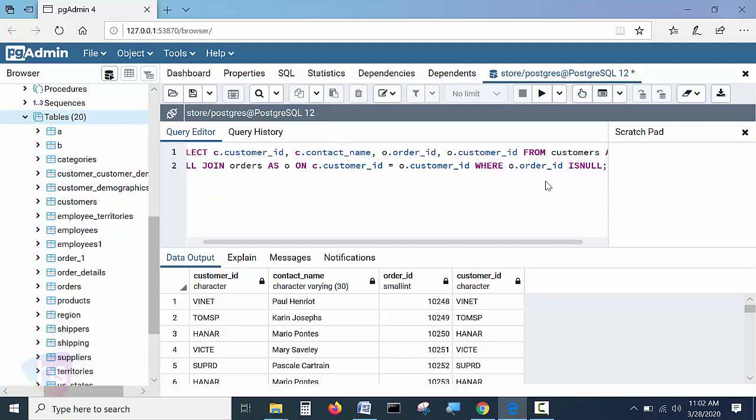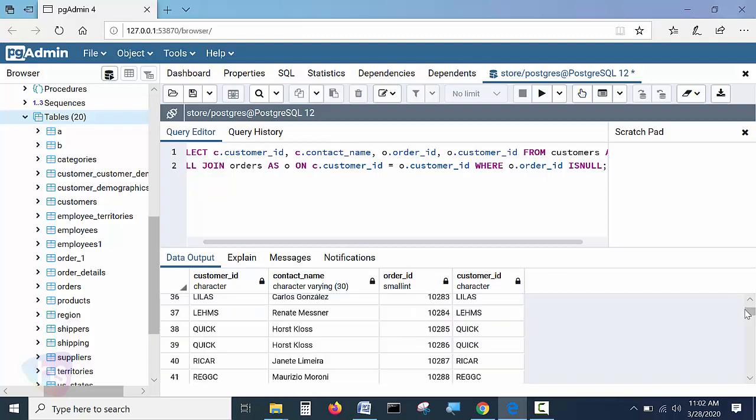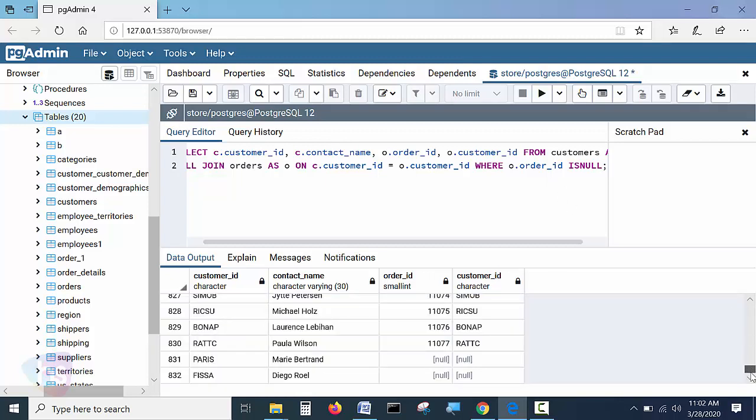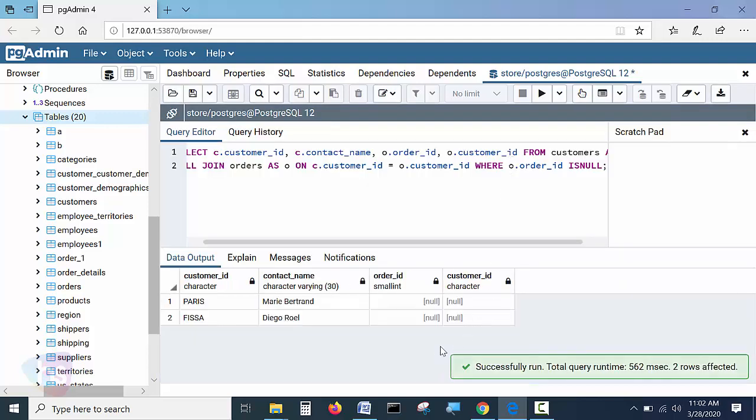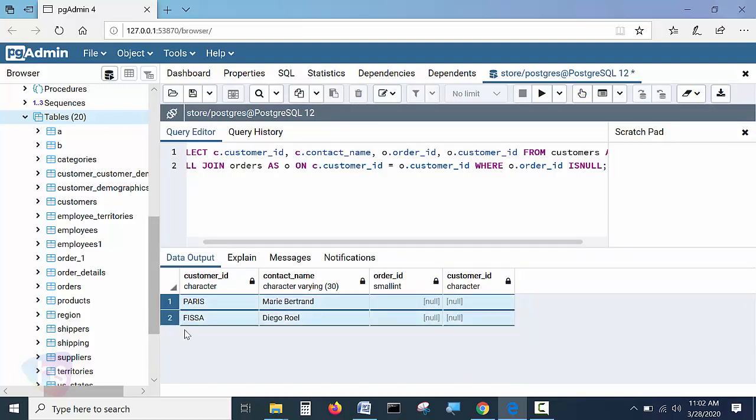Now run the query. We get the complete data of both tables, whether matching or not. See here, these two columns have null values, and they also came with the output in the result. Now, if I run only with the is null check, we will get only those two rows. If I apply the where condition, these are the two rows which are null, not matched in orders.